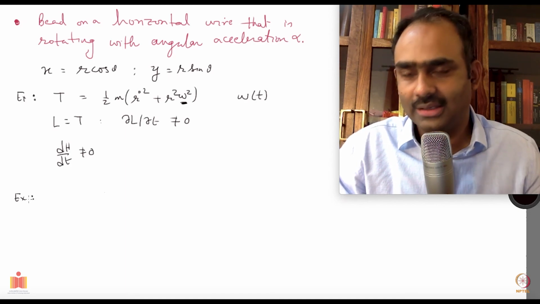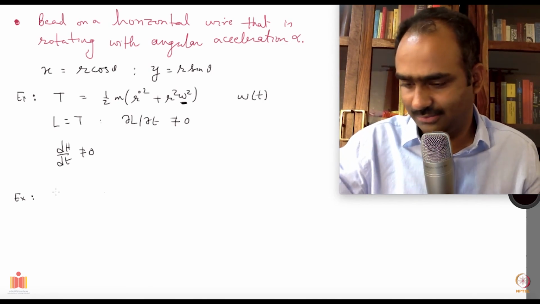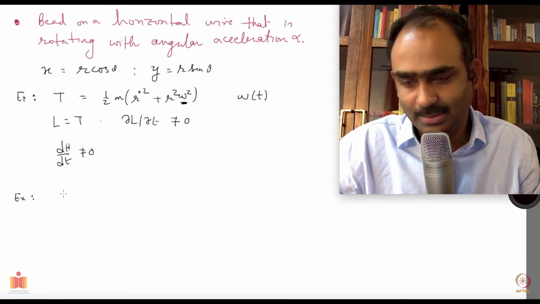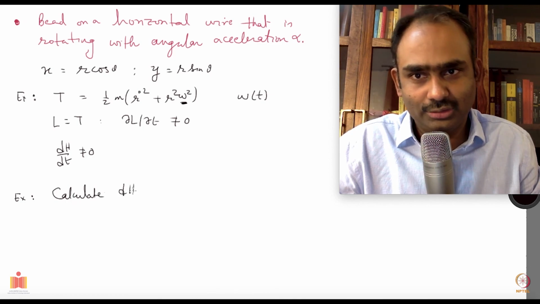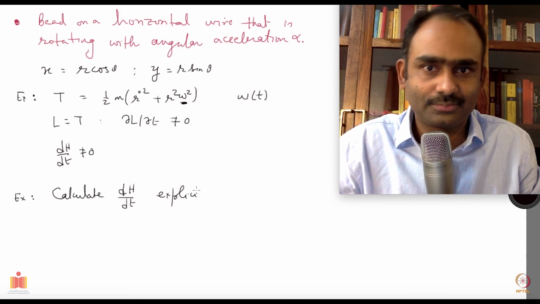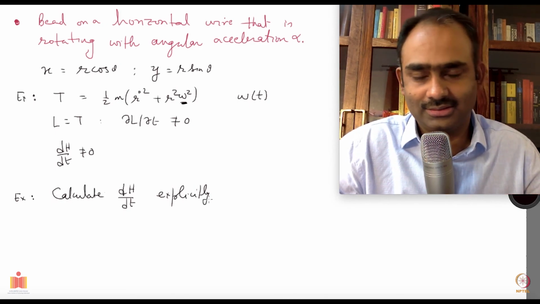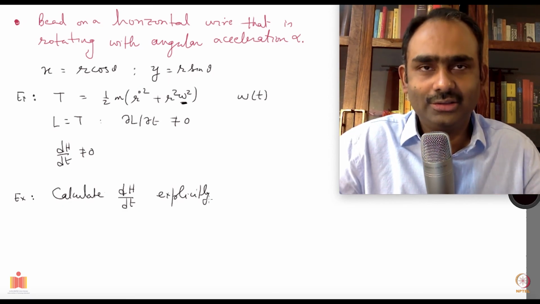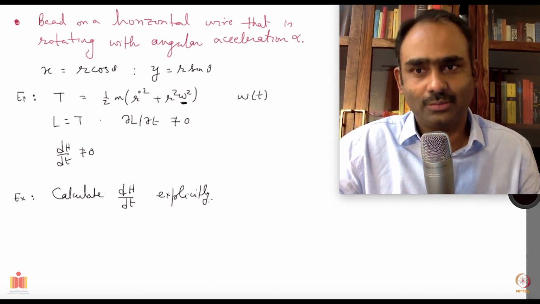I'll give you some exercise which you can do to get some practice with doing some minor algebra involved in this. So what you do is calculate the total derivative dH over dt explicitly. Meaning you construct the H by the relation q dot del L over del q dot minus L. You take that one, then you take a total derivative of it. Okay, so you have to use chain rule. Do that, get whatever answer you get.